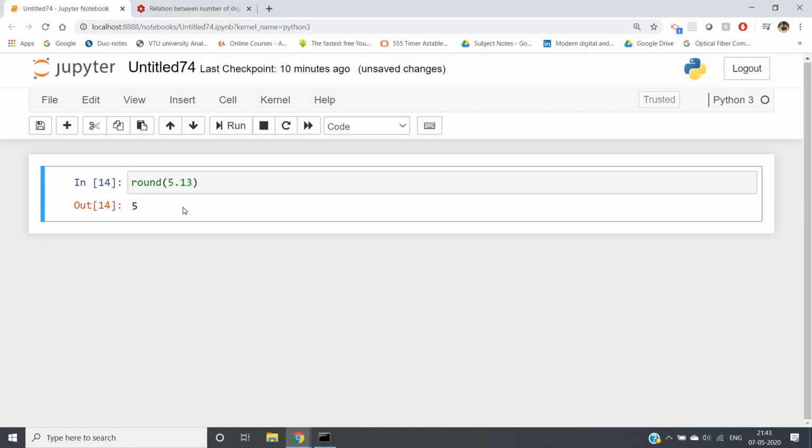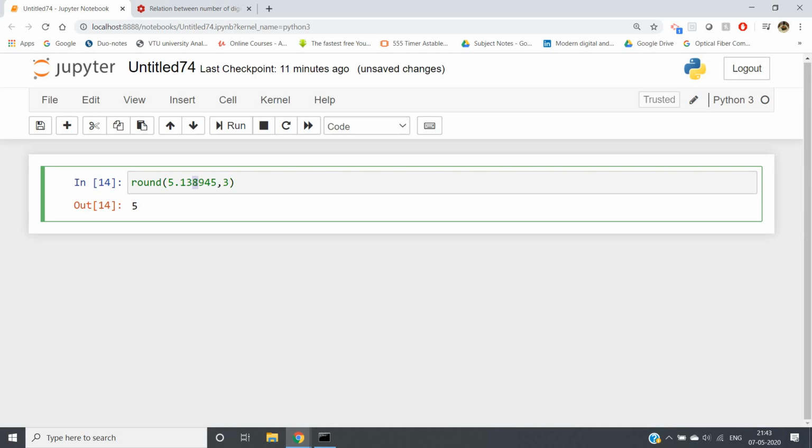Now see, you may approximate up to 2 decimal places, 3 decimal places. Sometimes in a practical scenario we may have to do that also, not only integers. Suppose there is a number which has 6 digits after the decimal point, but you have to round off up to 3 decimal places. Then how can you do it? You have to pass the number of decimal places up to which you want to round off as a second argument. Suppose I have 5.138945. This is one long value after the decimal, with lots of digits present. Now I want to round off up to 3 decimal places.